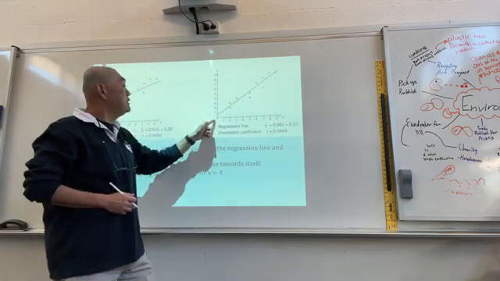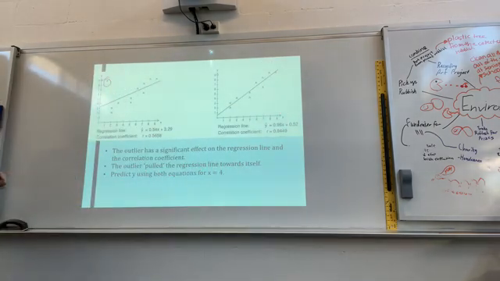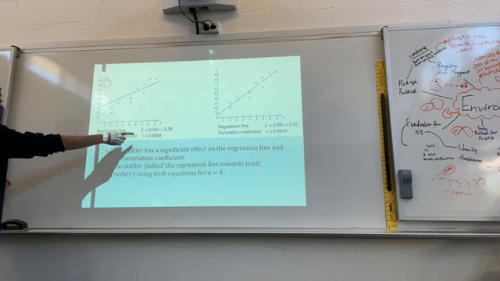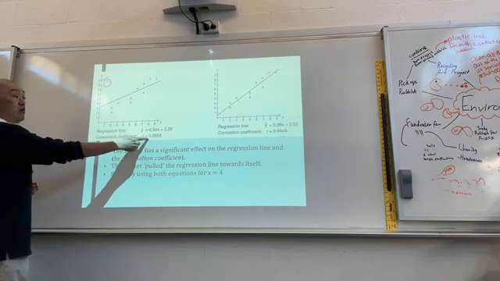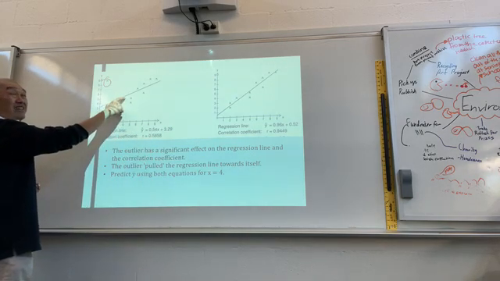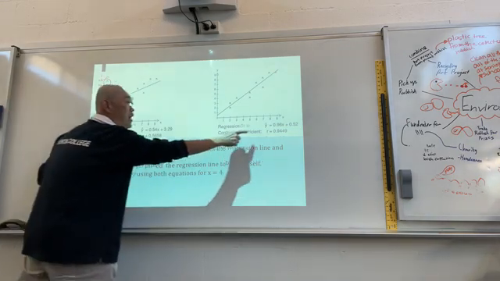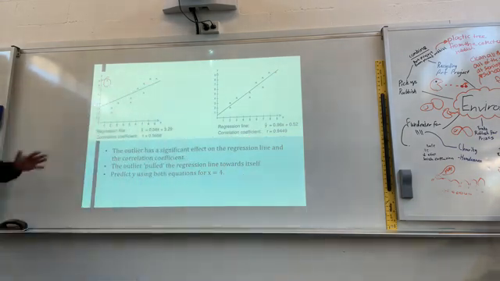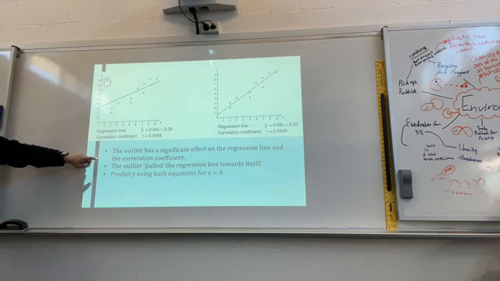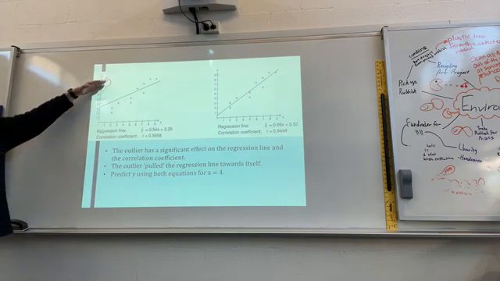All right, whereas this one, you can see that the correlation coefficient, one is 0.5658, which is moderate, whereas this one is high. So in this case, you can see that the outlier has a significant effect on the regression line and the correlation coefficient. So the outlier actually pulls the regression line towards itself,